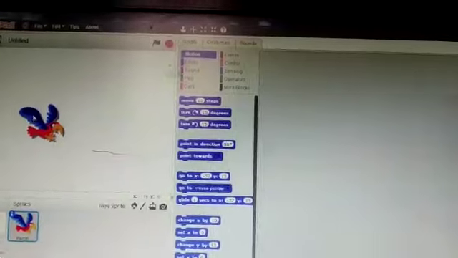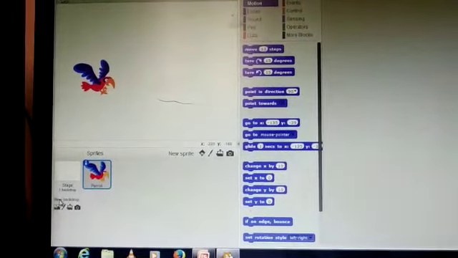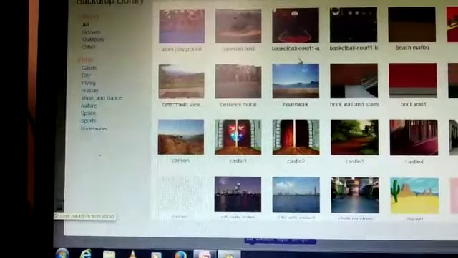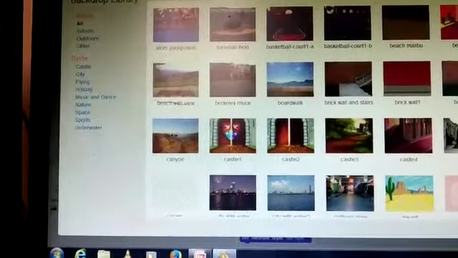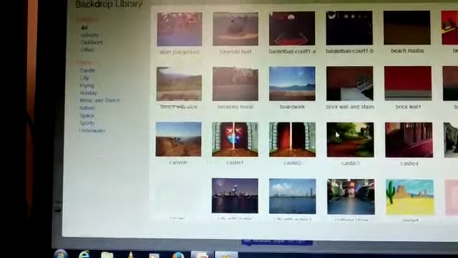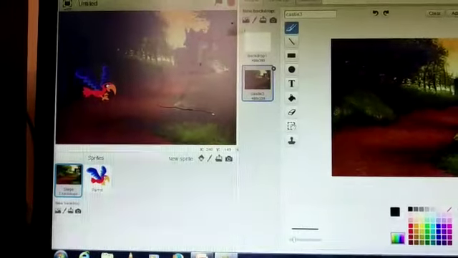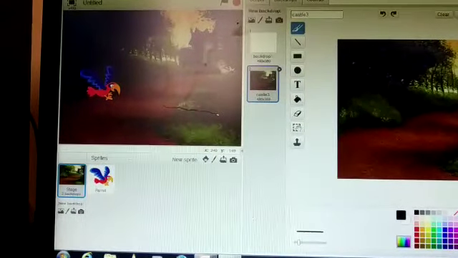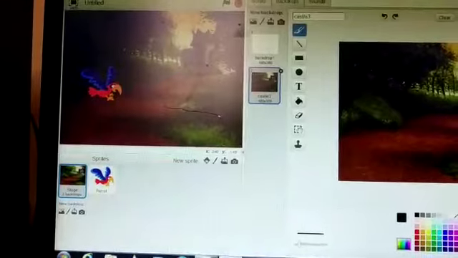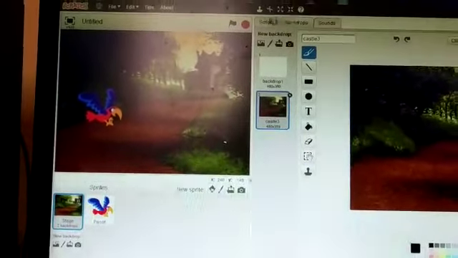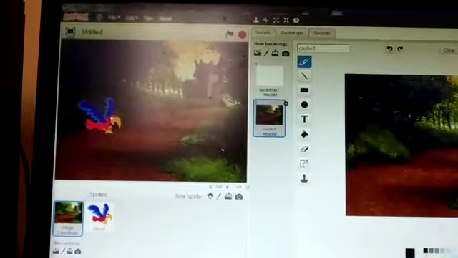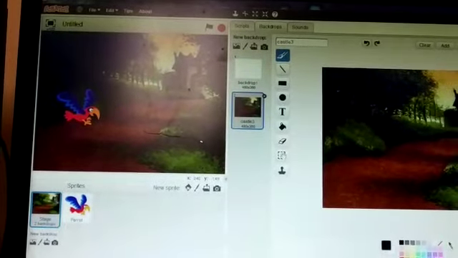We will set the size according to our project, and we will choose a backdrop according to the bird, according to the parrot. We will choose this castle. The castle comes. Now we will do coding for the parrot.